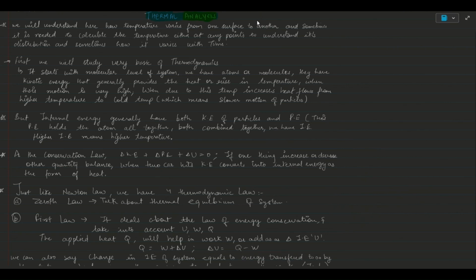Okay, all right, everyone. My name is Karan Gupta, and today I'm here back again with a really nice theory related to the thermal analysis. And the best part of this theory is that we are not only going to learn the theory, but we will try to do some examples of whatever theory we learn.